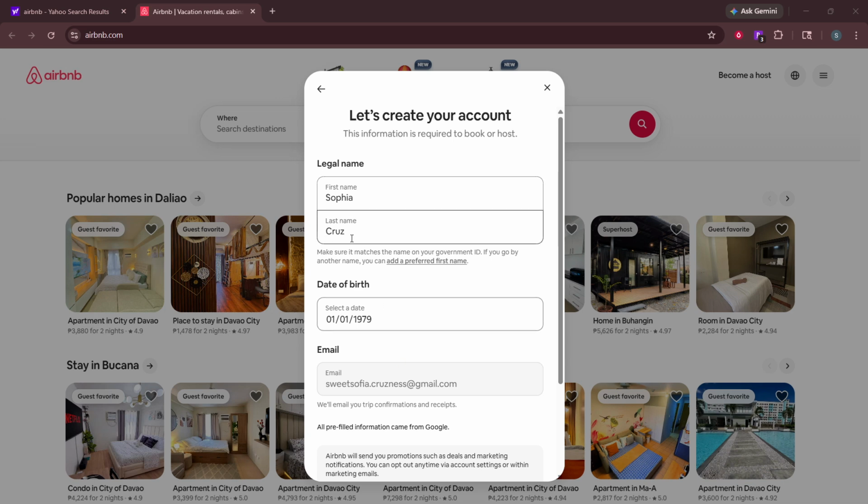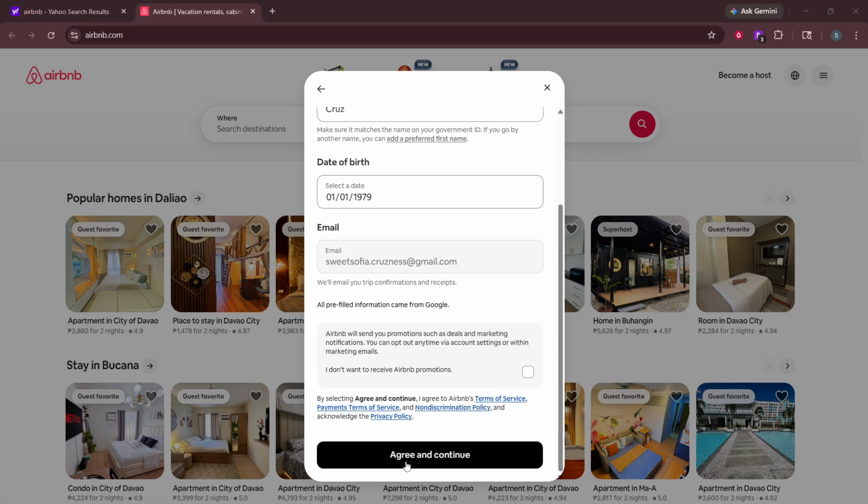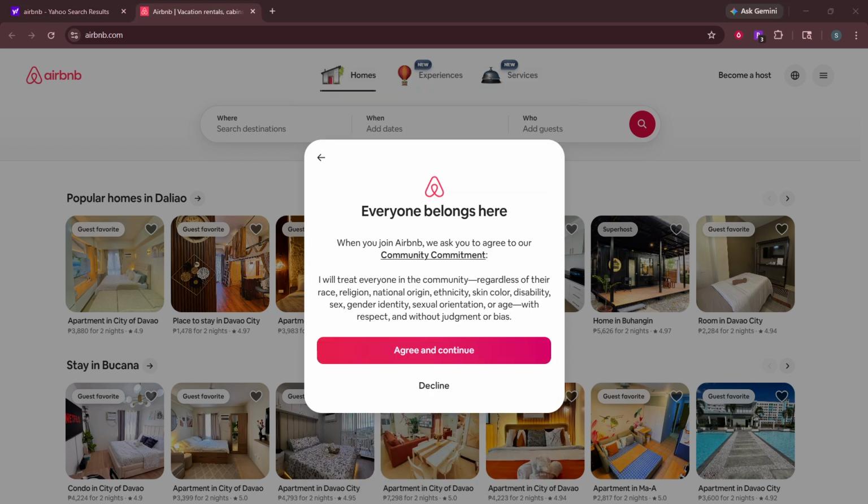work well too. Now enter your details, type in your name, and make sure it matches how it appears on your government ID to avoid hiccups during identity checks later. Provide your email or phone number depending on the method you chose. If you signed up with email or phone, you may be asked to create a password. Choose a secure password you won't reuse elsewhere. Then select Next to proceed.